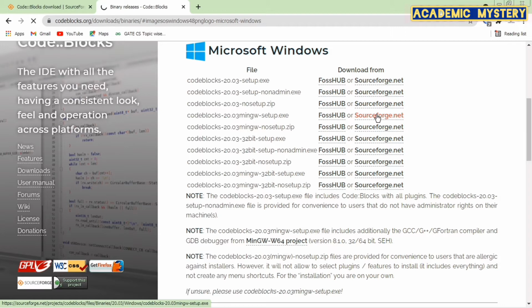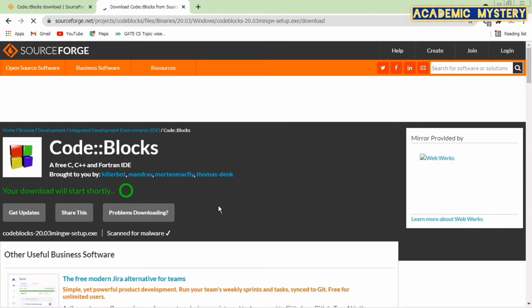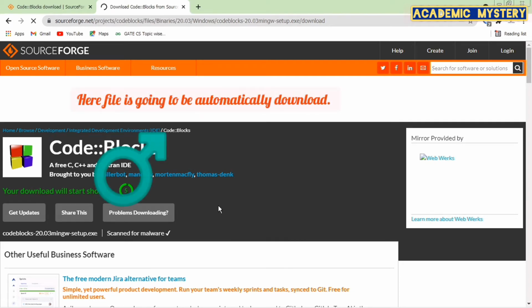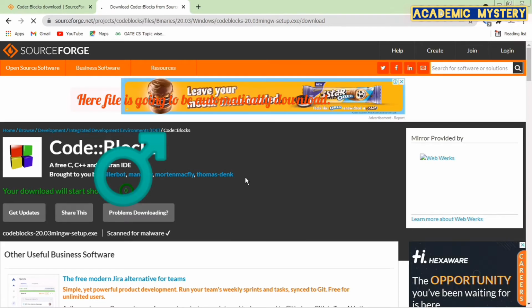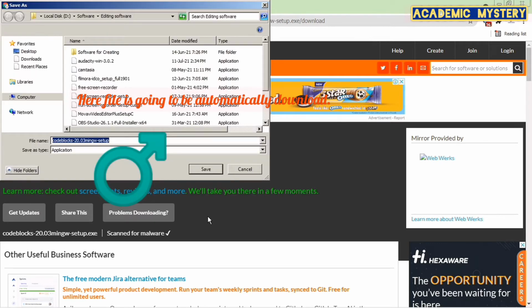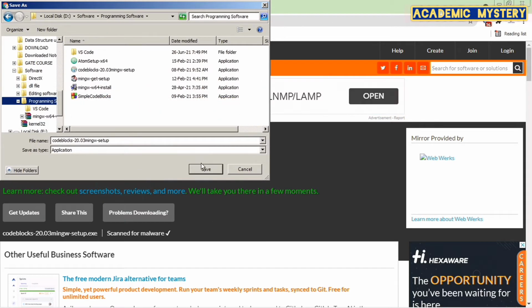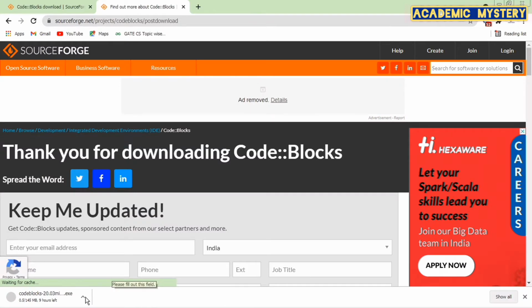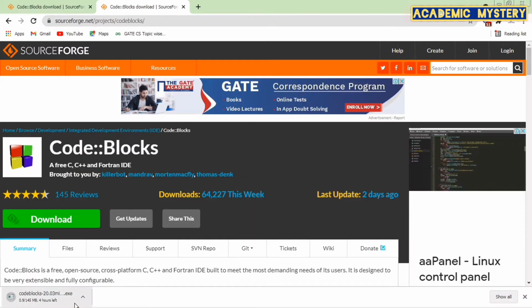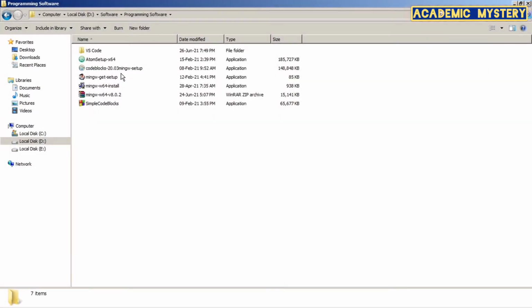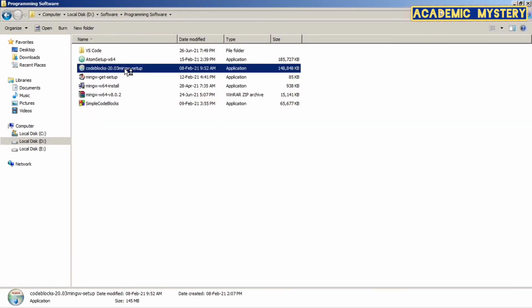and this page is redirected to the sourceforge.net page. And here auto download will be initiated, and here I am saving this file, and this is the codeblocks.exe file. I am going to open the codeblocks.exe by double clicking on this exe file, and here this